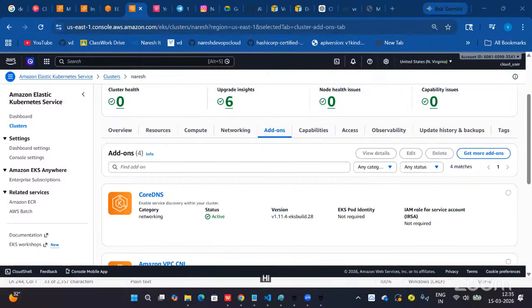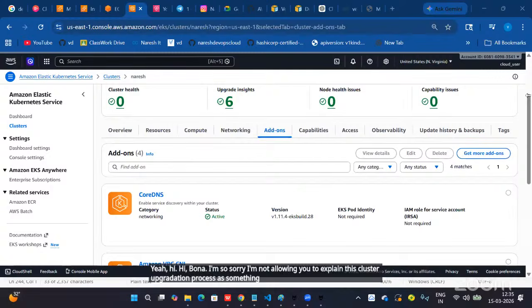Hi, Bhavana. Can you unmute yourself? Hello. Yeah, hi, Bhavana. I'm so sorry I'm not allowing you to explain this cluster upgradation process as something happened in between. Definitely, I will give one more opportunity to share this.